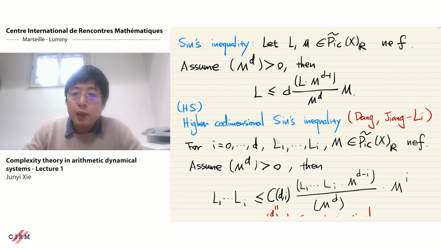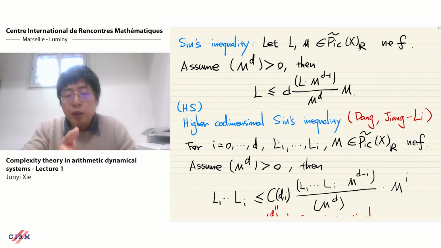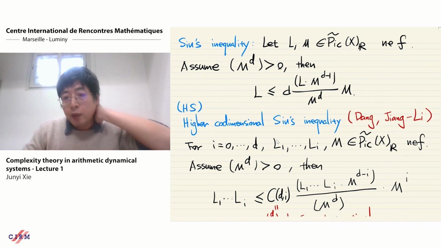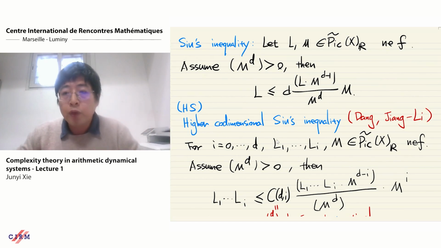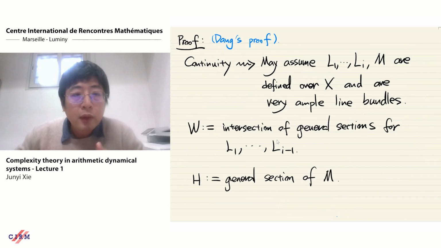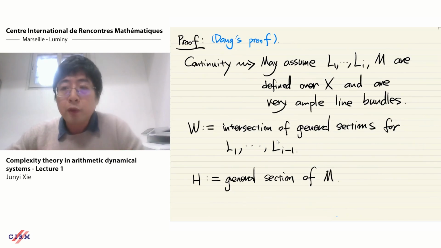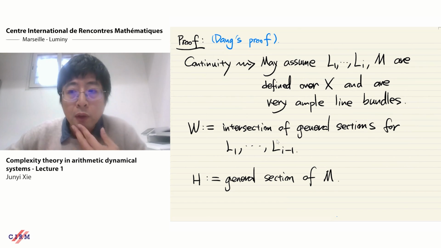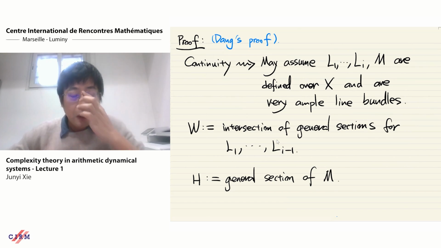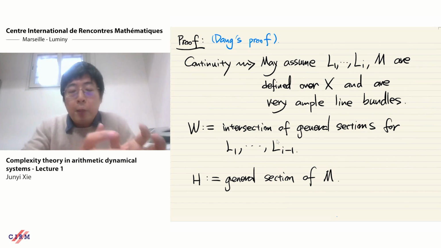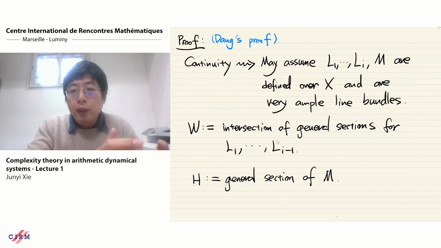Dang's proof is given by some induction argument, and the argument of Jiang and Li is using some multi-point or concave body. Here we will give the proof using Dang's argument. Okay, here is Dang's argument for this higher codimensional Schuss inequality. First, you use this continuity, you can approximate all these line bundles we mentioned, this L1, to Li and M by some ample